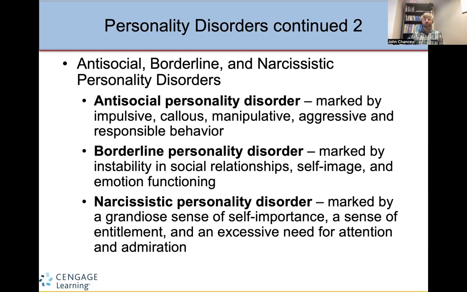Borderline personality, typically. So I want to back up just a sec. Antisocial personality disorder, you're more likely to see diagnosed in men. Borderline, you're more likely to see diagnosed in women. Here, we're talking about instability. Instability is the key word here in relationships, social emotional functioning, self-image, really just lots of ups and downs in terms of how they see themselves. Narcissistic personality is a grandiose sense of self-importance, really feeling like you are entitled to anything and everything, a strong need for attention, a strong need for praise.